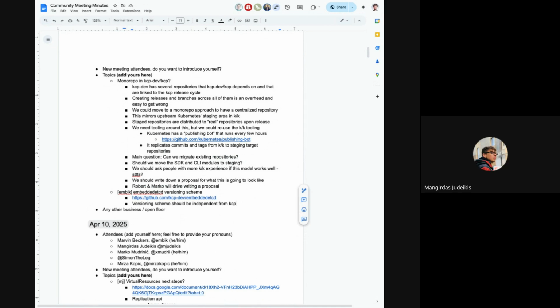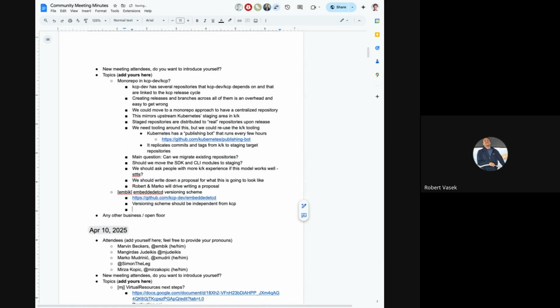So the main idea was the generic control plane repository, which acts as an example of single control planes. It used to vendor KCP. To decouple this vendoring from KCP, we moved it to the external repository. So now instead of vendoring KCP, generic control plane vendors embedded etcd. It kind of swaps the dependency tree.